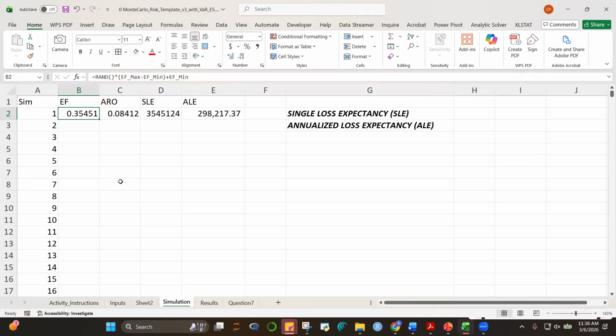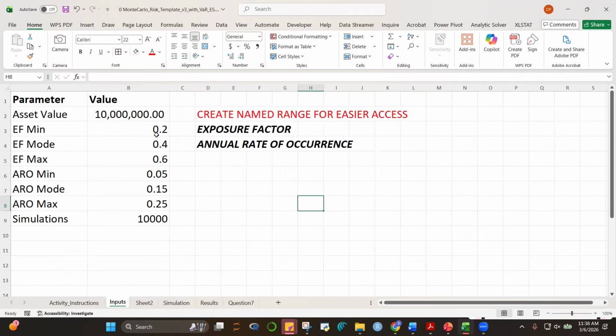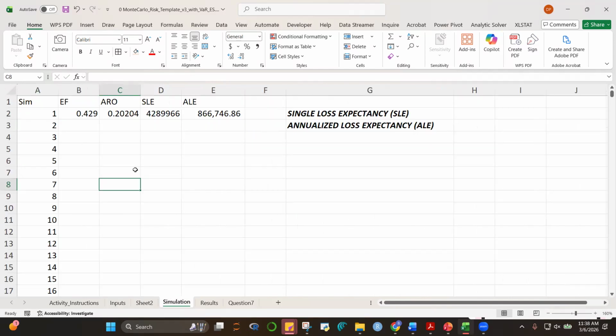All right. Again, if I press F9, function F9, you notice that the value changes. Okay, ano ba value ng EF class? EF minimum 0.2. You notice now, yung mga value ng EF natin dito, F9. Walang bumababa ng 0.2 dyan. So it goes as high as may mga 0.9, okay, 0.4, walang 0.9 class.